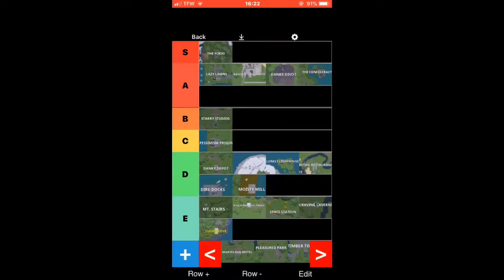Marvelous Motel, oh my gosh, Marvelous Motel is also one of the worst locations. Pretty much, if not right now, the worst location on this map. Because it should just stay on a landmark basis. The reason why I said so is because...